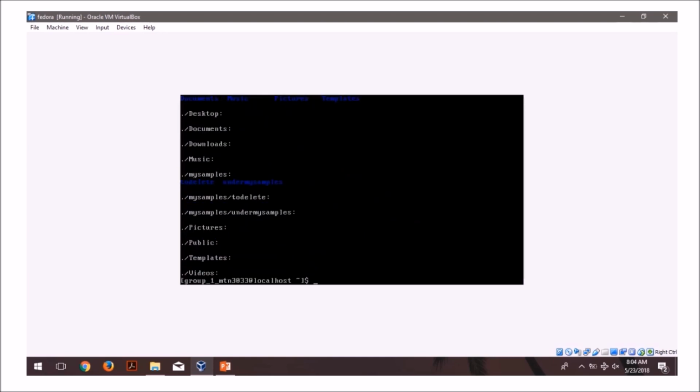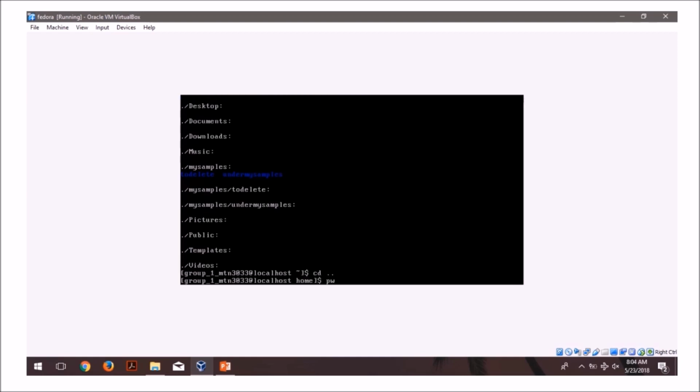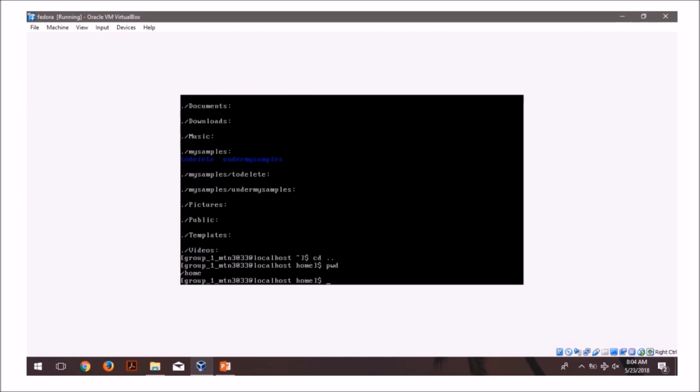Okay, then we type cd space dot and we press enter. And we type pwd and we press enter. And so that is the current directory. And then we type mkdir